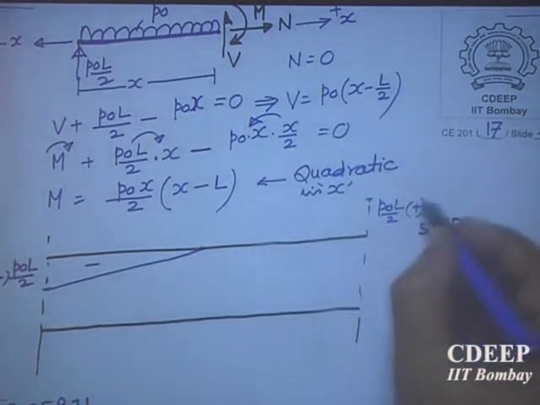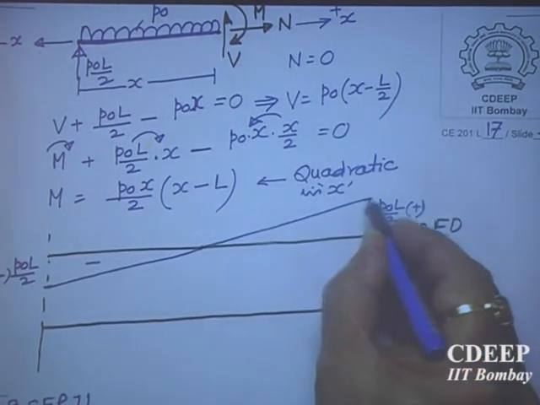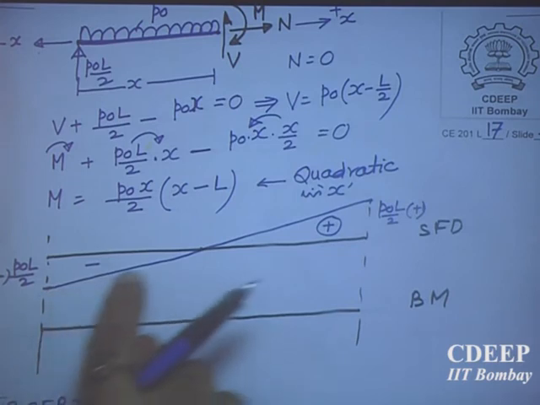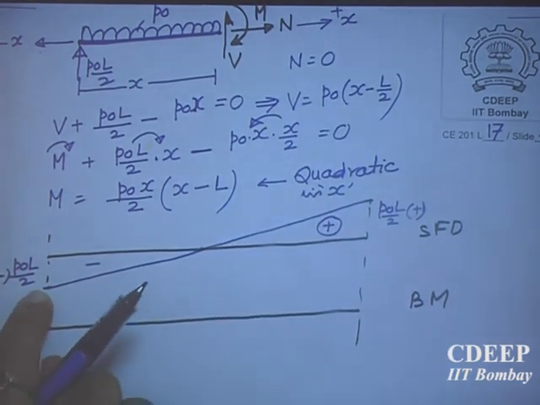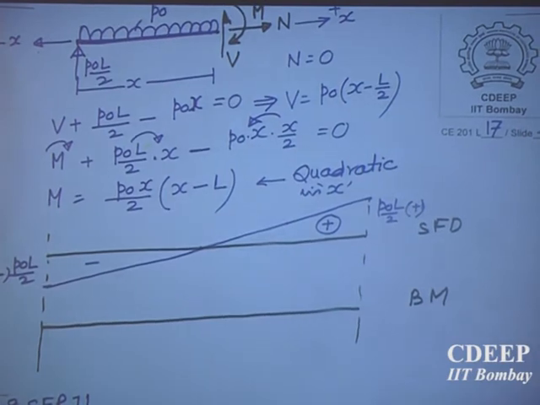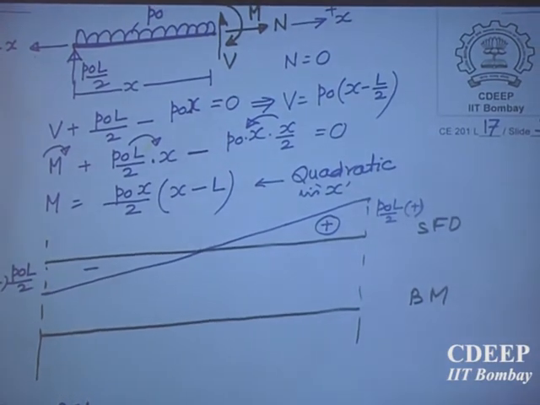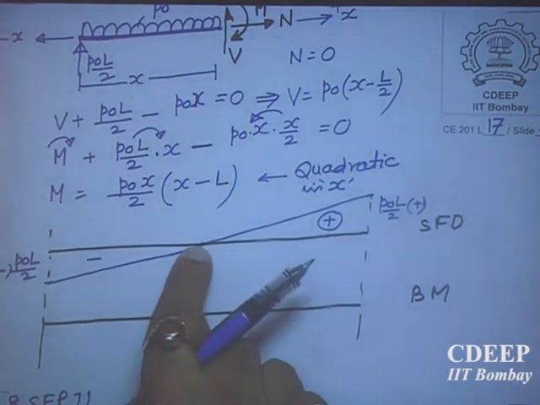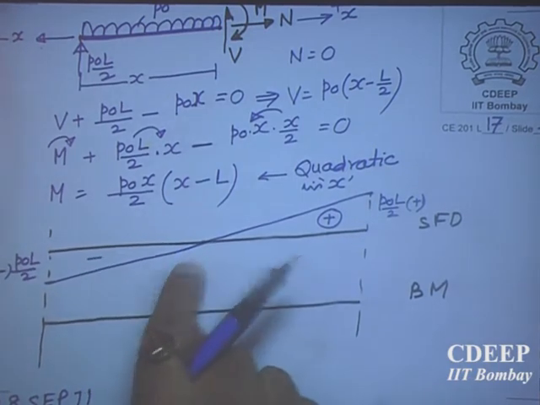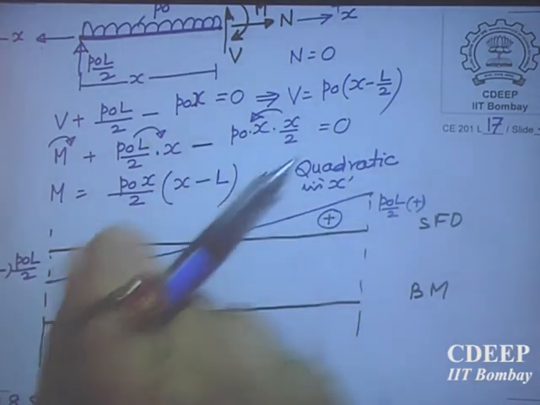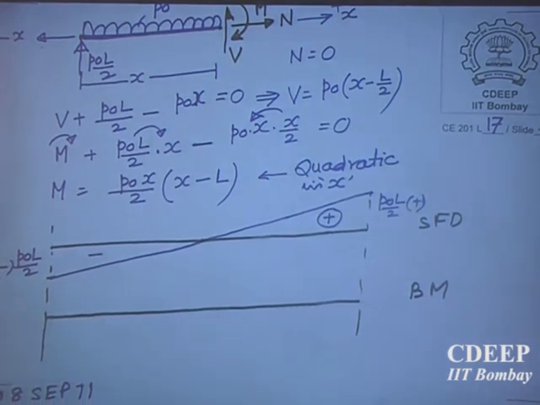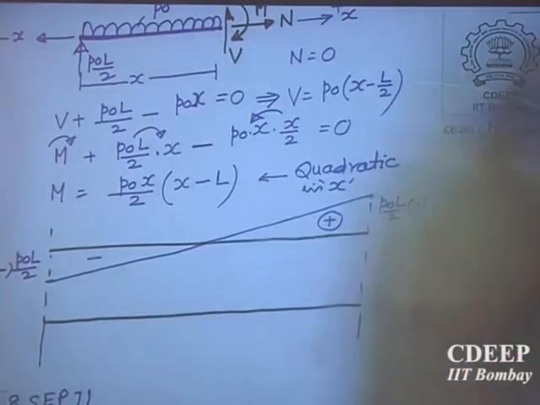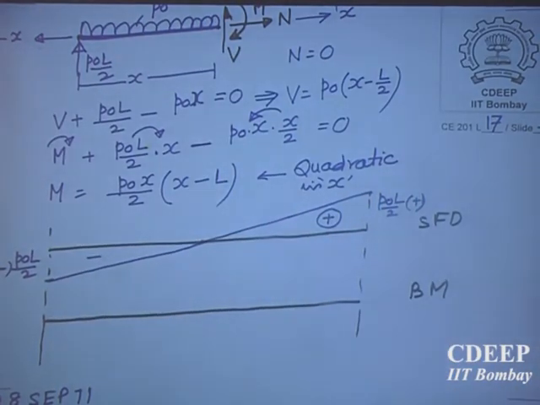And the same line must go straight. So this is okay. It becomes 0, so it varies linearly from minus P naught L by 2 to plus P naught L by 2. Is it okay? Shear force diagram. So shear force along the length of the beam varies like this. There is no kink here. You see here, there is no sudden change. There, where the load was there, it was coming from plus P by 2 to minus P by 2, suddenly in the center. Here, because it is a uniformly distributed load, it is just bending moment diagram.